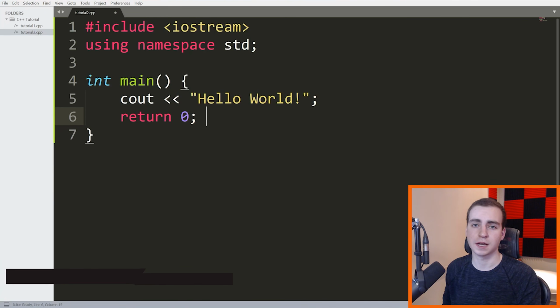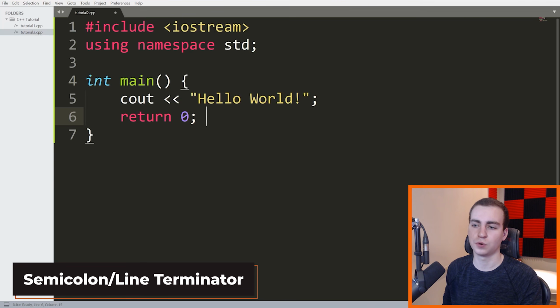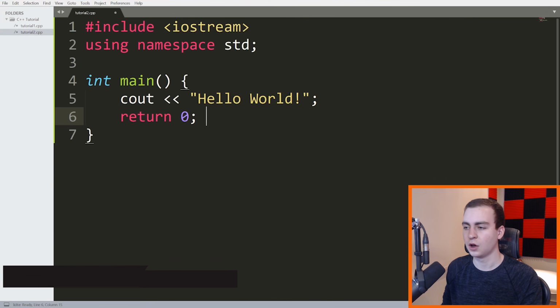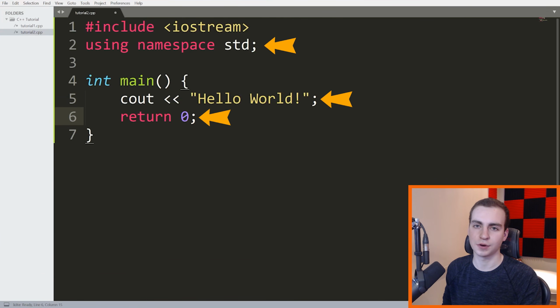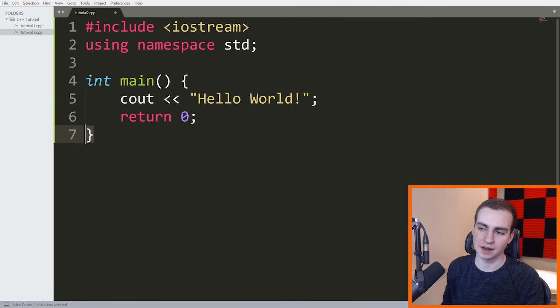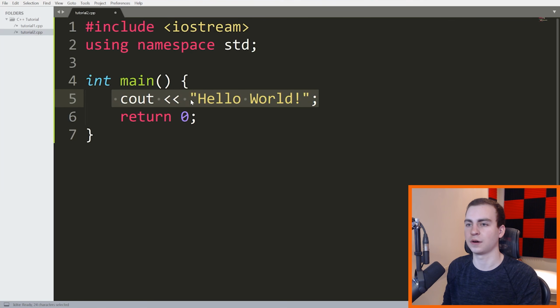So sorry for the abrupt cut here, but I realized that I missed something pretty important, which is the line terminator, or the semicolon that we see here in this program. Now, whenever you're writing C++ code, you're usually going to need a semicolon at the end of the line. There's a few exceptions, as you'll see throughout the series. For example, at the end of the function, you don't need a semicolon, although adding one is totally fine. It's not going to mess anything up with your program. But at the end of any statement you write, or any command, if you want to call it that, you need a terminator or a semicolon.